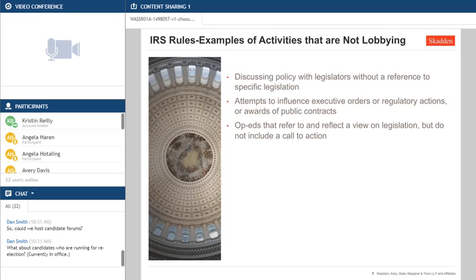Moving on to slide 7. Here are some examples of things that aren't lobbying. So, you're just talking to legislators about clean water policy in general, and you're not trying to influence any legislation. Now,